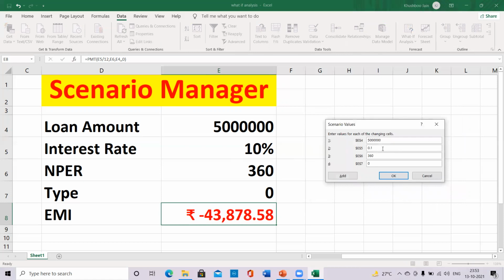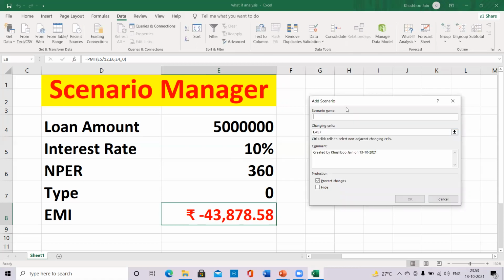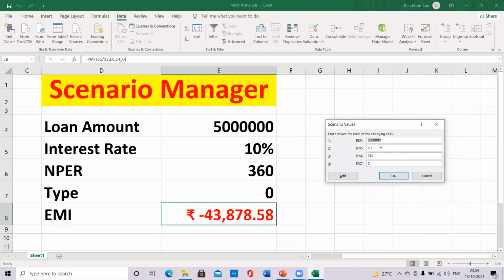Now I want to check it for 15%. So I'm giving the name HDFC. It is always advisable that whenever you are giving a scenario name, it should be related to your content. Now it is added. Now I want to check for 20% also.